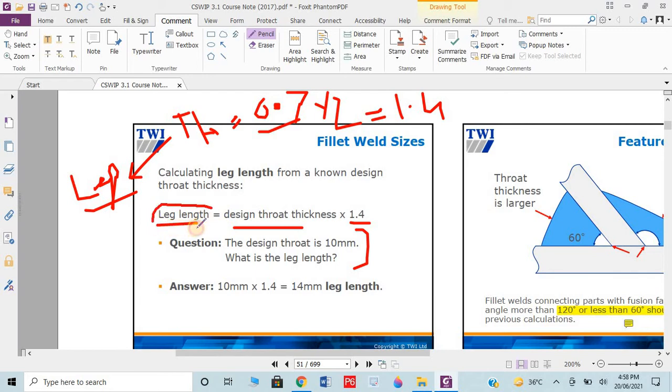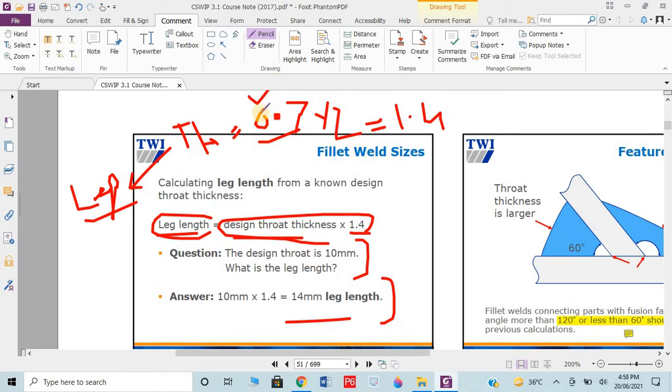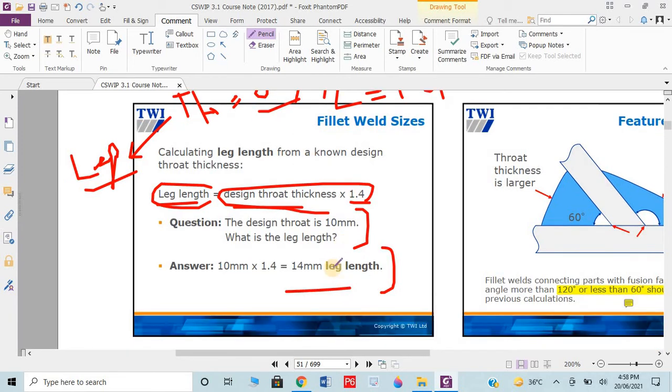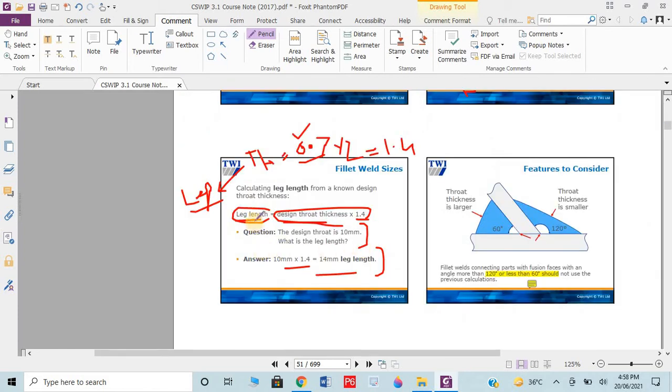So whenever you want to calculate the leg length, you need to multiply 1.4 and the throat thickness, right? This one is the throat thickness, then you multiply by 1.4, that is the actual leg length. In conclusion, throat is the debate, and debate is the first step of your fight. For that you need to consume less energy, that's why you multiply the leg length with 0.7. If the fight goes beyond the limits, then you simply kick him out and multiply by 1.4, sorry, 1.4.